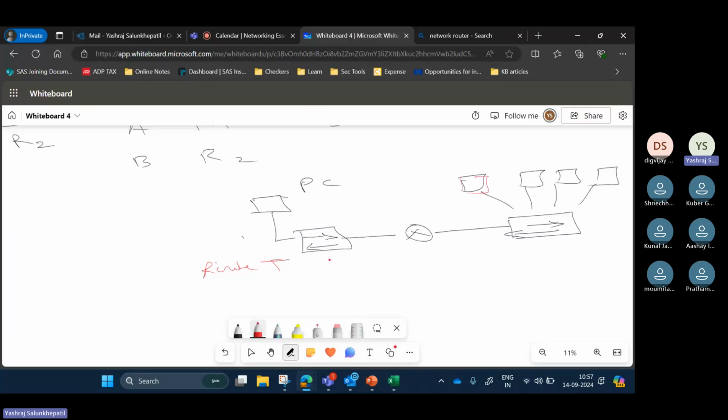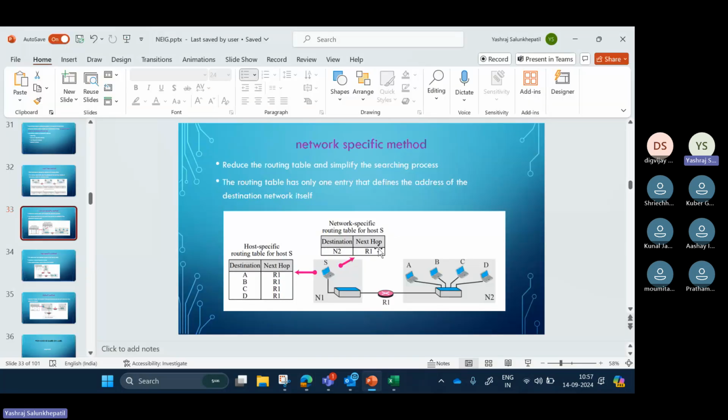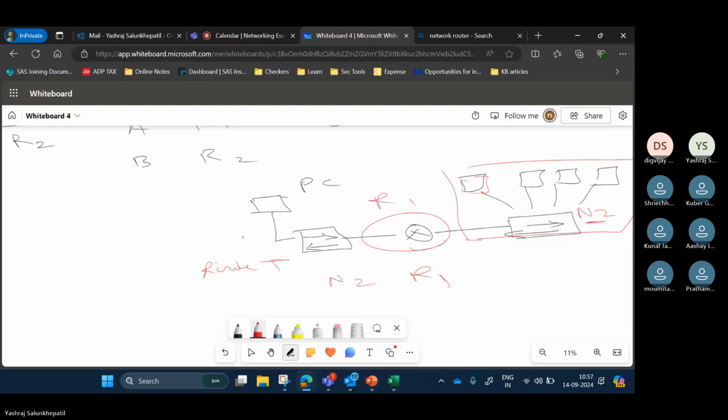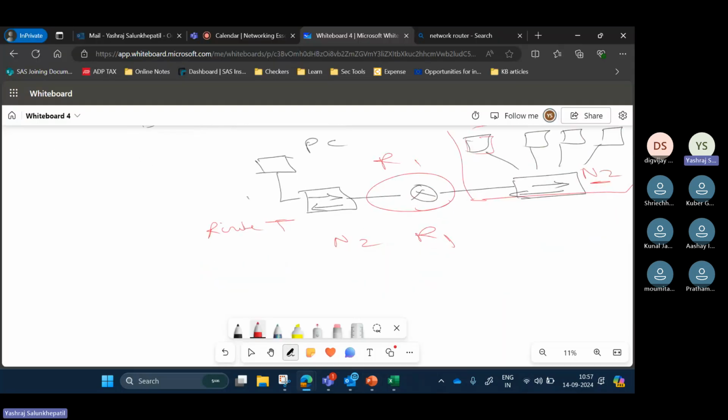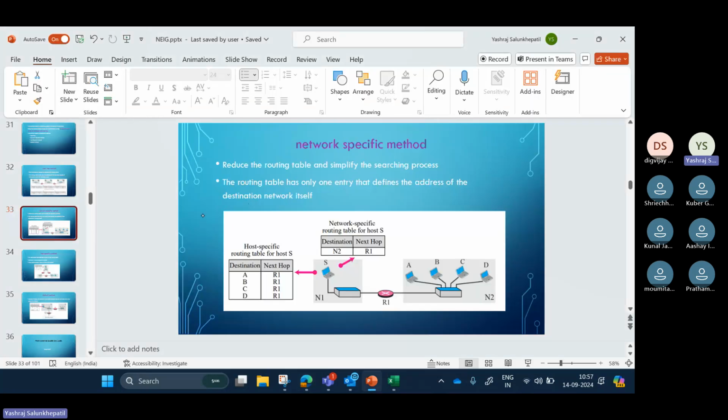So what I do is network which is N2. This network, and where do I get this N2 from? This R1. So my destination is N2, next hop is R1. ठीक है? This is the routing table by network specific method.